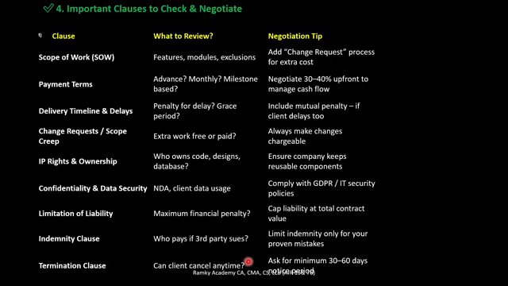And termination clause. In any kind of contract, the most important one, on top, is the clause for termination, because there should always be a notice period for the termination. Either party can terminate the contract by giving mutual notice of 60 days, 90 days, or 45 days, or whatever the period, and the client has to give the complete payment to the supplier till the date of delivery of the work.